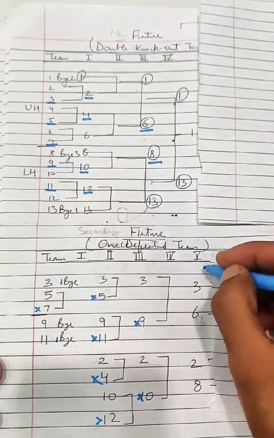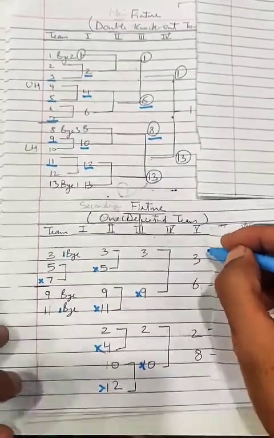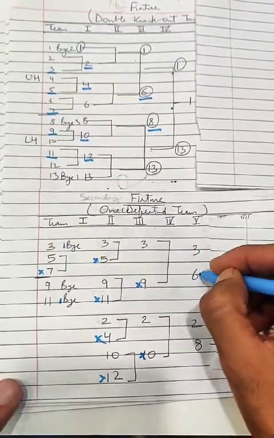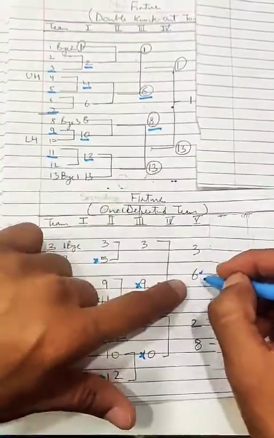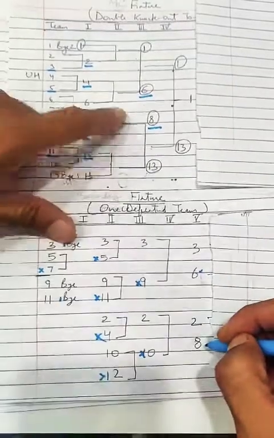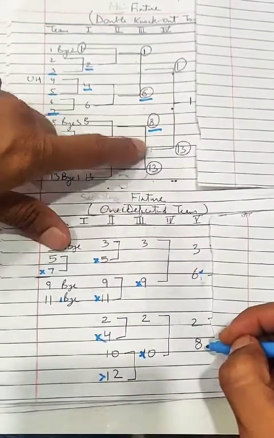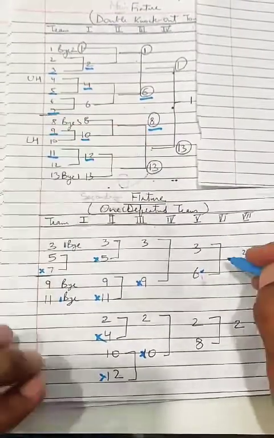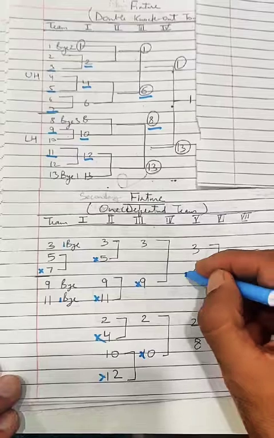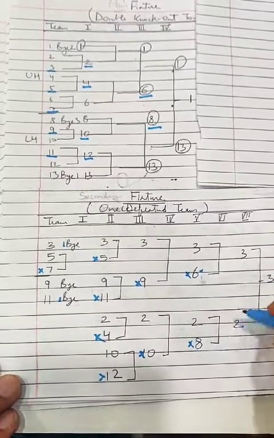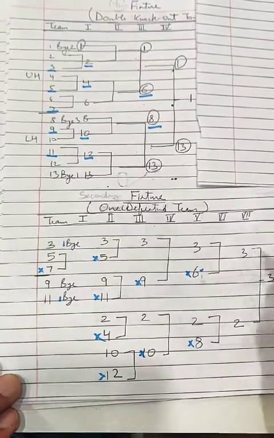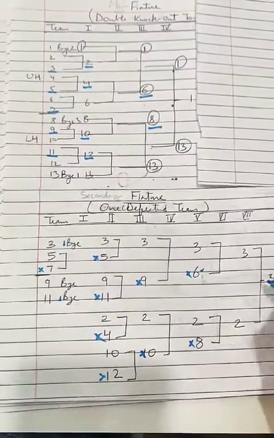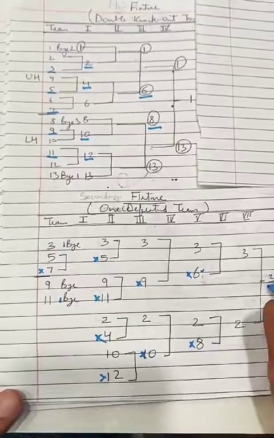So 2 teams are already there in the secondary fixture. So 3 is already there. So 1 team enters here, 6 loser था उसको हमने नीचे एंटर कर दिया. 2 already there था in the secondary draw. तो 8 loser था, उन दोनों का मैच कंडक्ट किया. So from this match 3 will be the winner, और ये टीम आउट हो गई, और ये टीम आउट हो गई. So there will be a match between 3 and 2. So 3 will be the winner here.